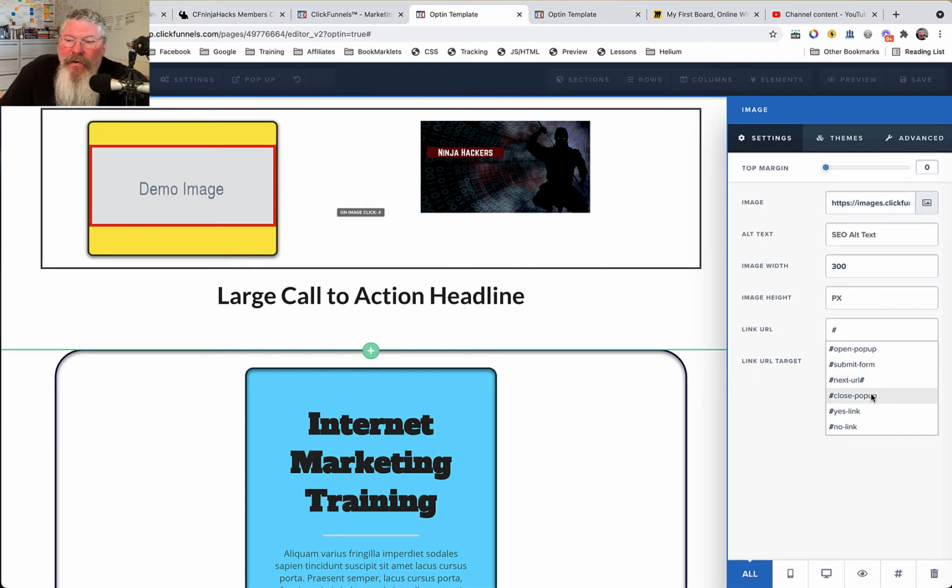And then we can, of course, close a pop-up. So in a case like this, you would put this image inside of the pop-up itself, and then when somebody clicked on it, it would close that pop-up. And of course, you'd have to have some sort of text on it to let people know that they were supposed to click on it, just like you would on a button. And then we could also use these for yes, no links if you're doing an OTO, an upsell, or a downsell. But also what we can do is take out the hashtag, and then we can put in a URL. So let's put in